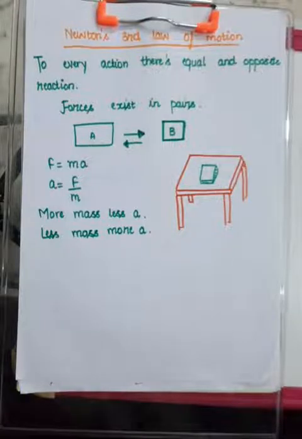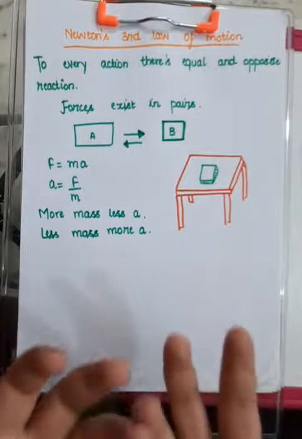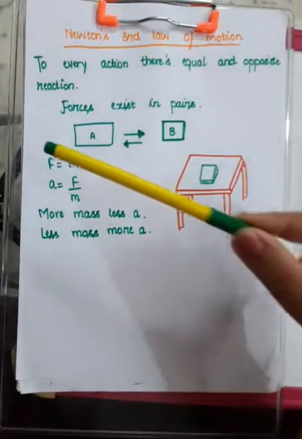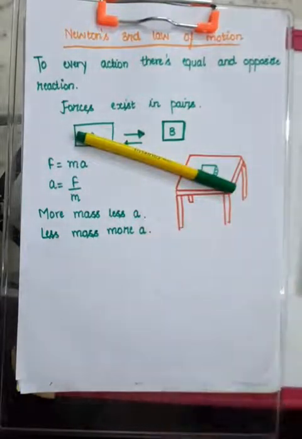So it seems to us that one object is moving a lot and the second one is not moving at all. Like Earth is binding you with its gravitational attraction, you know that. Otherwise you all would be flying. Earth is binding you with its gravitational attraction, but again the same thing, Newton said that to every action there is an equal and opposite reaction. So if the Earth is attracting you because of its gravitational pull, you must also be attracting Earth, but we see your attraction and not Earth's attraction. We see that if I am going to drop a pen, it's going to fall down, but I am not seeing Earth